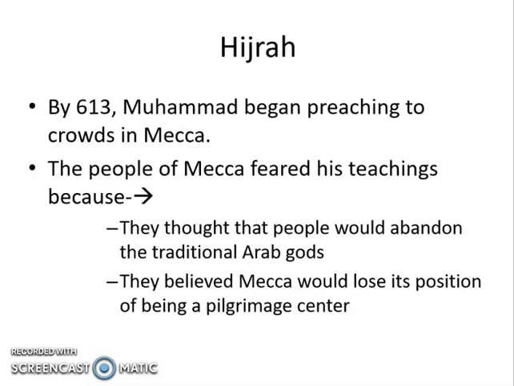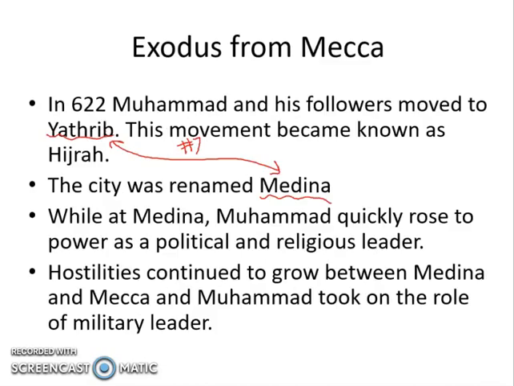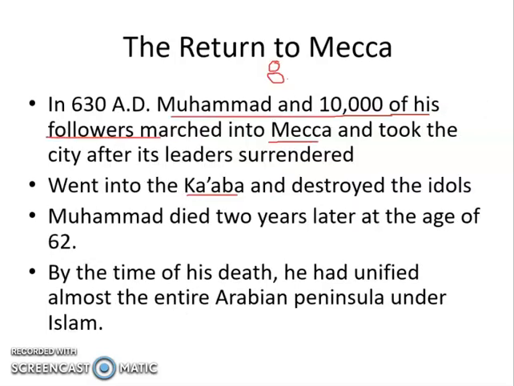Now, he comes back to Mecca, and people don't really like it because they're afraid that he's going to destroy the Kaaba and ruin their business, if you will. So he flees Mecca. That's what's called the Hijra. He goes to a place called Medina, later named Yathrib. It's number 7. While there, he grows in popularity, and later returns with 10,000 followers and marches on Mecca and takes over, destroys the Kaaba,